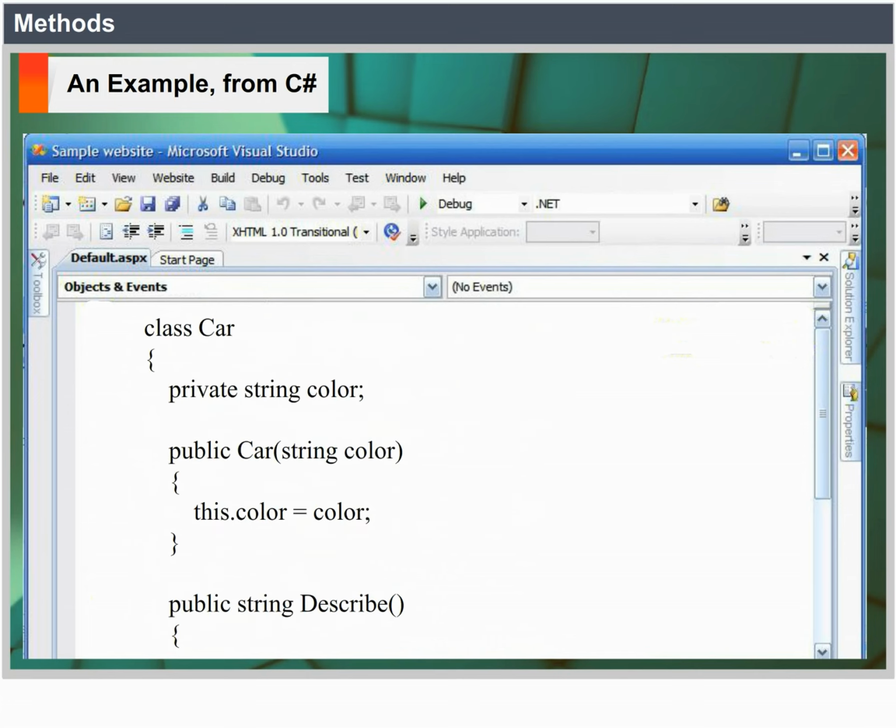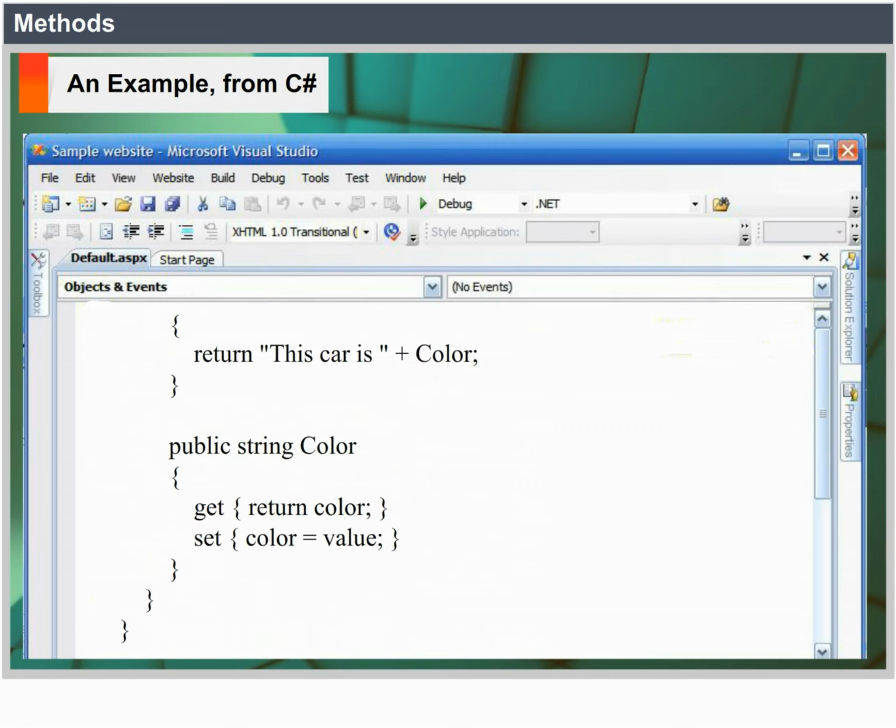Next, class Car { private string color; public Car(string color) { this.color = color; } public string Describe() { return "This car is " + color; } public string Color { get { return color; } set { color = value; } } }